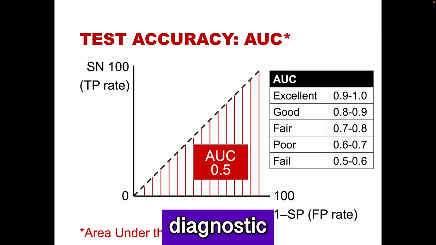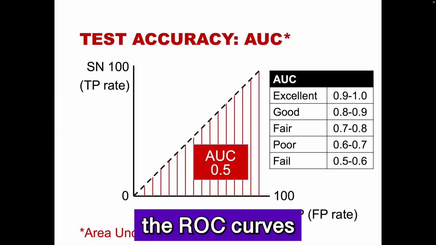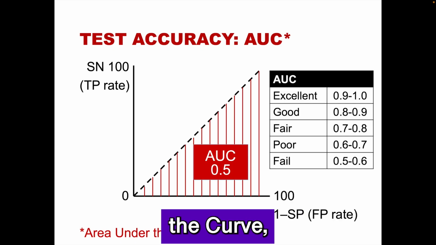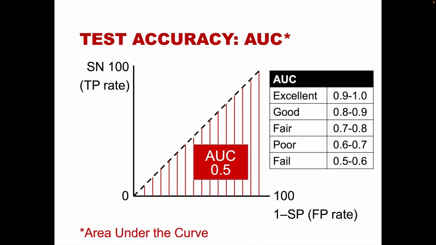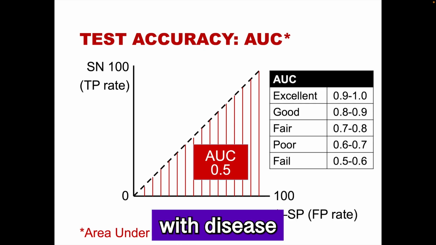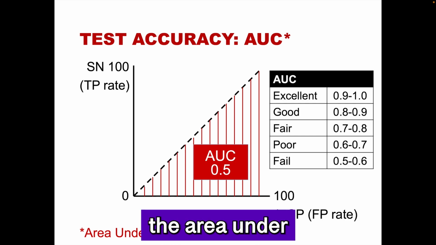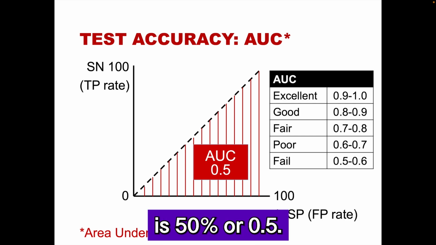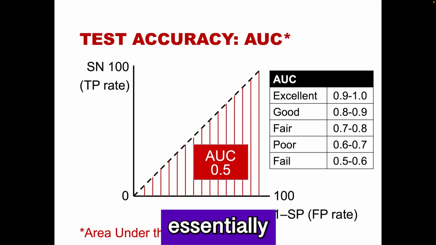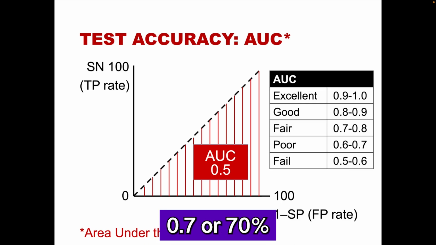The accuracy of a diagnostic test or clinical decision rule is determined by measuring the ROC curve's area under the curve, or AUC. Test accuracy is a measure of how often the test is correct. That is, how often the test correctly identifies those with disease and those without disease. For the 45-degree line, the area under the curve is 50%, or 0.5. This is essentially a worthless test. In general, we would like the area under the curve to be greater than approximately 0.7 or 70% to be